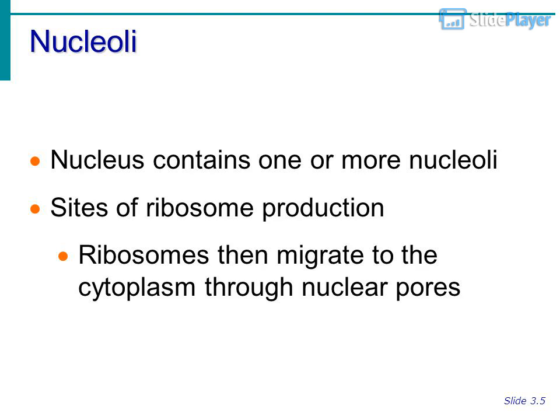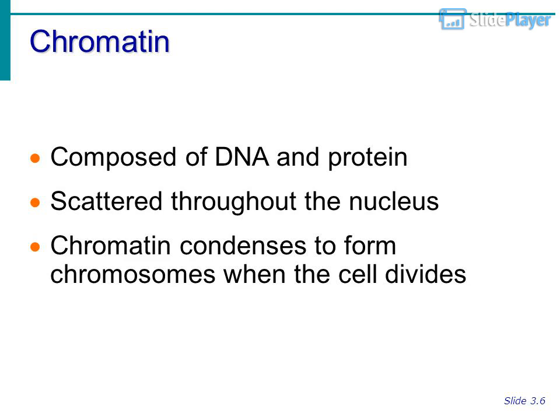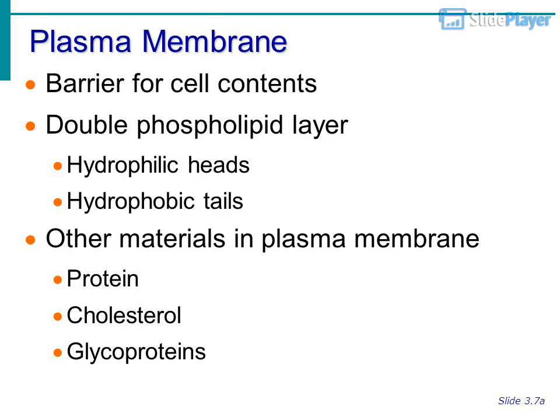Slide 3.5. Chromatin is composed of DNA and protein scattered throughout the nucleus. Chromatin condenses to form chromosomes when the cell divides. Slide 3.6. Plasma membrane, the barrier for cell contents. It is a double phospholipid layer with hydrophilic heads and hydrophobic tails. Other materials in the plasma membrane: